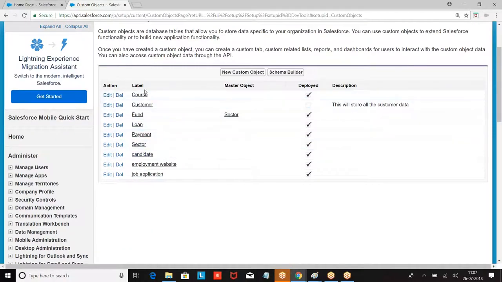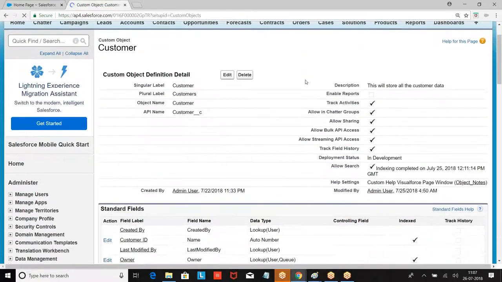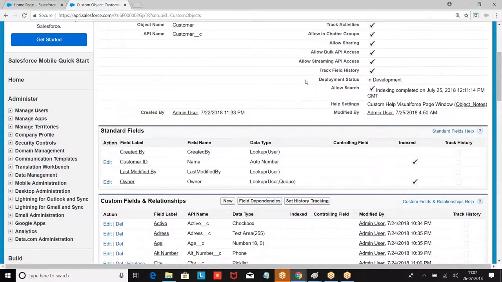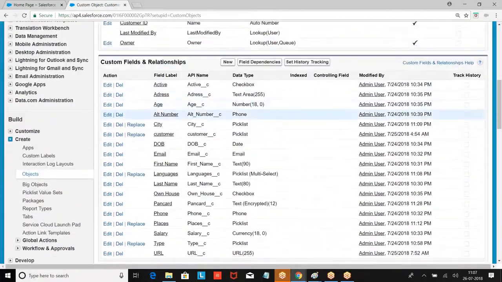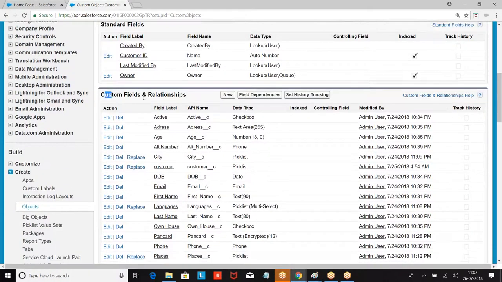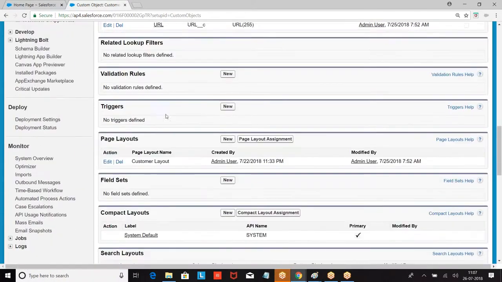What are we finding here? Customer object. In the customer object, you find standard fields and custom fields. Scroll down, what are you finding here?